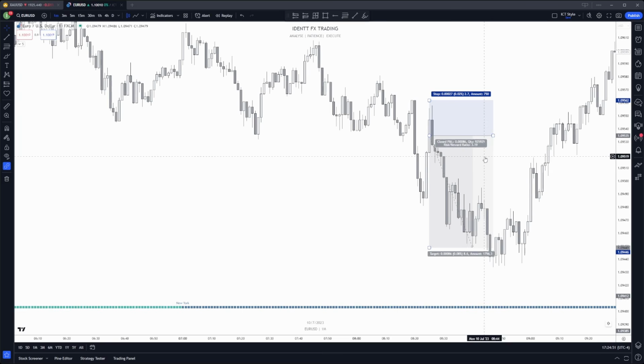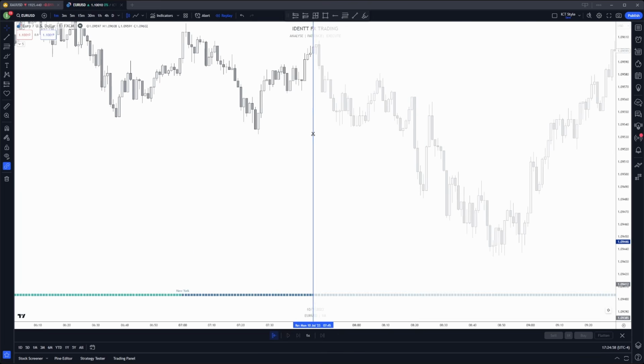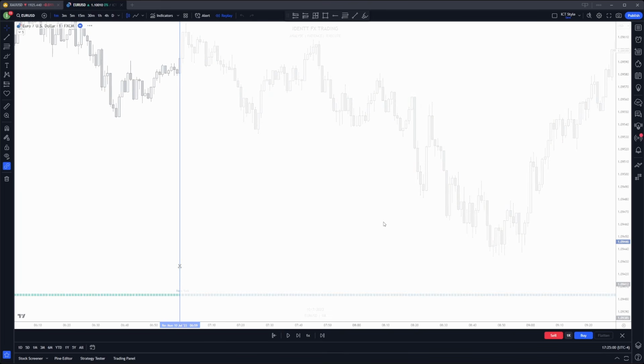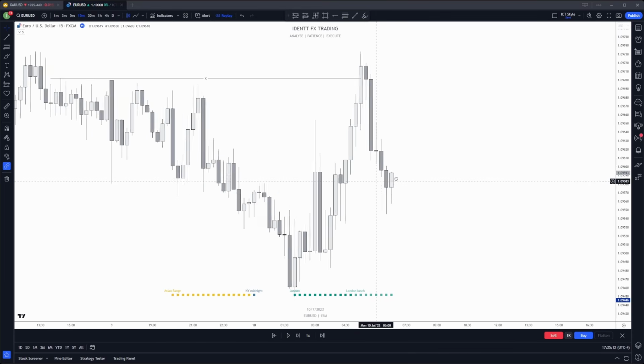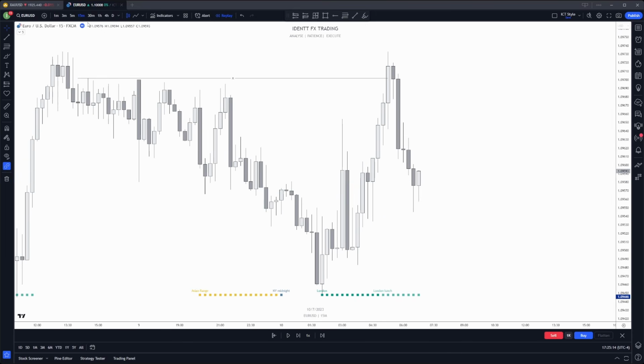So in order to give you the nitty gritty about this 3.2R trade, let's first go ahead and rewind back in time so I can show you exactly how I analyze the charts. And don't worry, I'm sure you'll understand everything. So first things first, I am looking at the higher time frame. The current time frame is the 15-minute, as you can see.